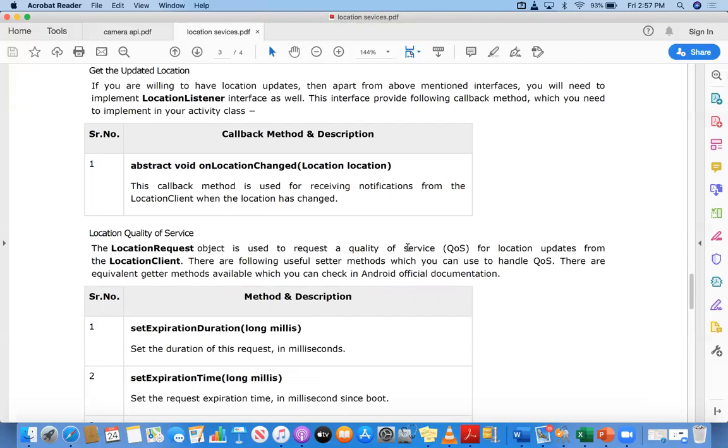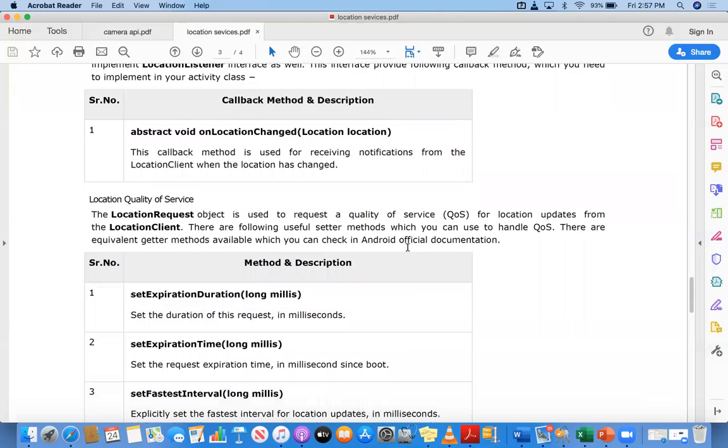A simple example can be an Ola booking or an Uber booking app. When you are booking a particular taxi and you are planning to travel to a far off place, for safety reasons, you can ask your friend to track your taxi. So how are they able to track your taxi? Only using the location listener interface is it possible. So that is the main use of this.